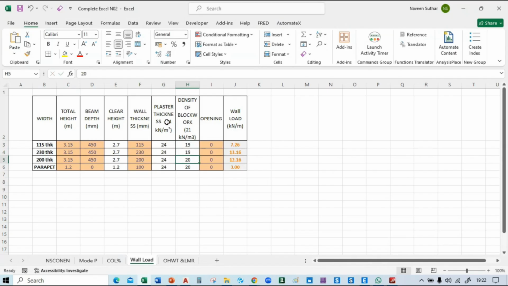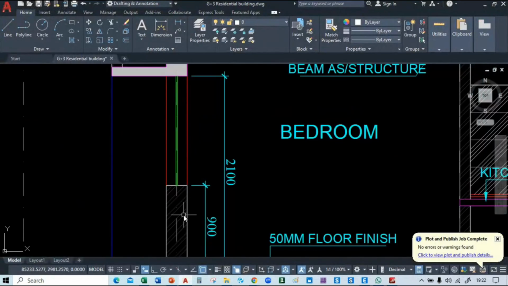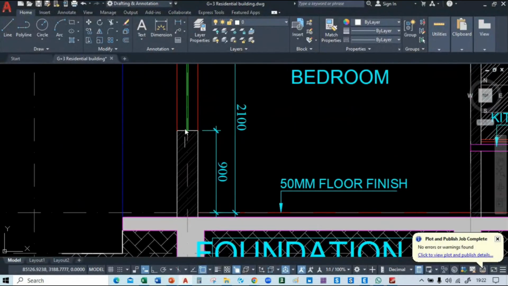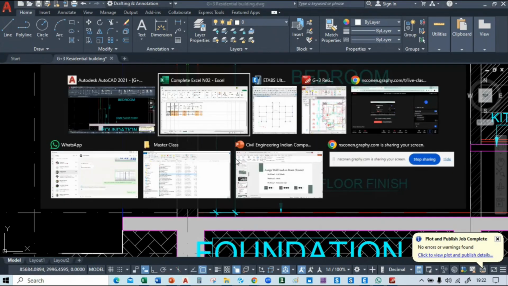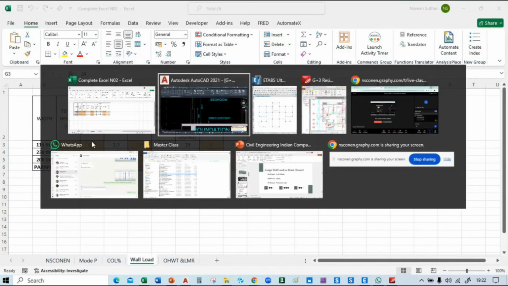Okay, and here the plaster thickness: if this is a brick wall, one side the plaster thickness is 12 mm, so both sides the plaster thickness will be 24. So that's why we are using plaster thickness 24. Okay,